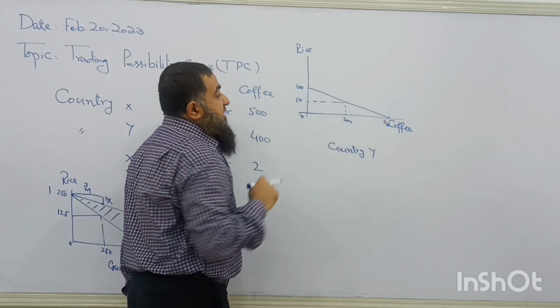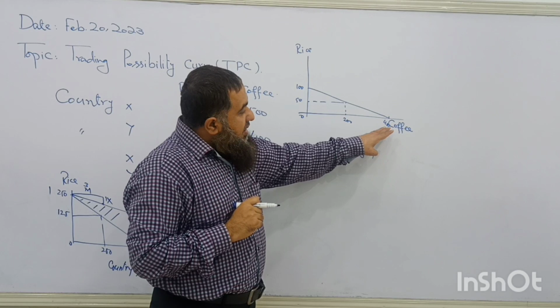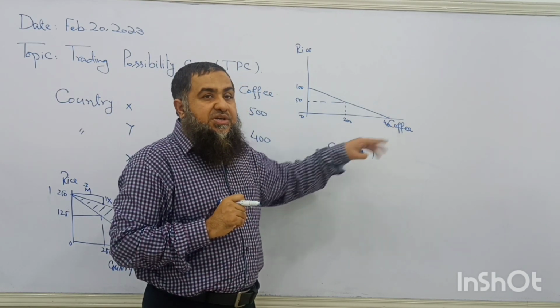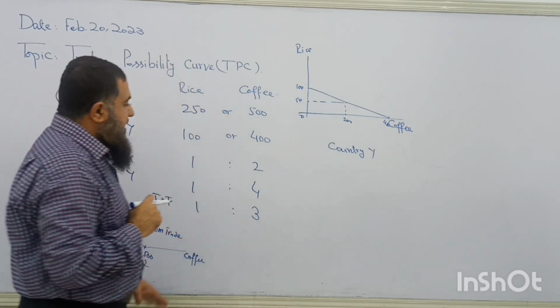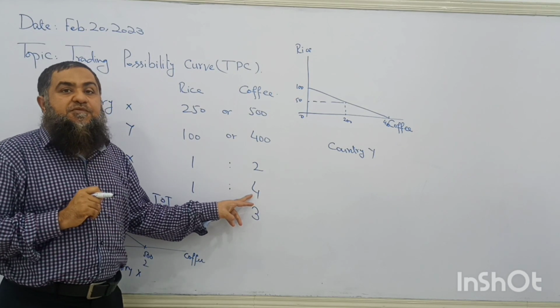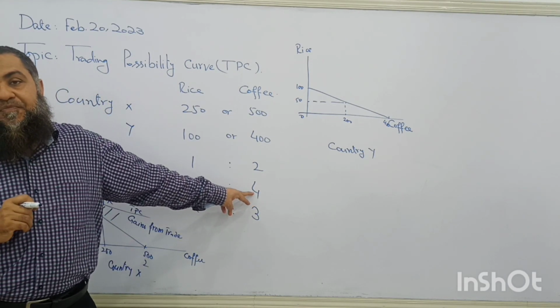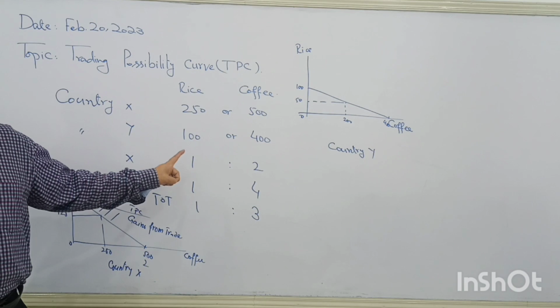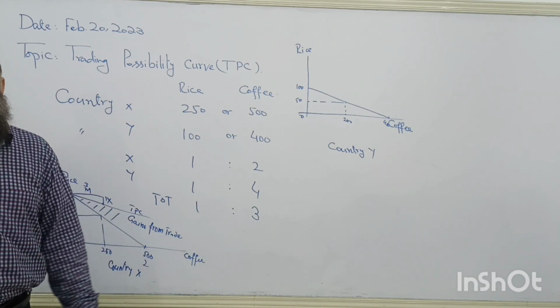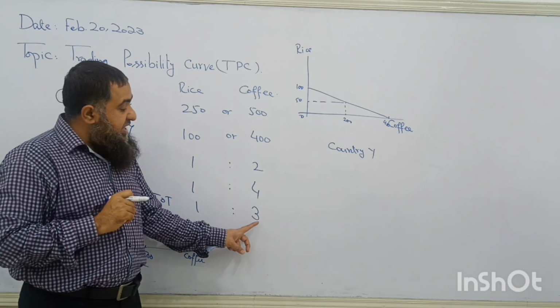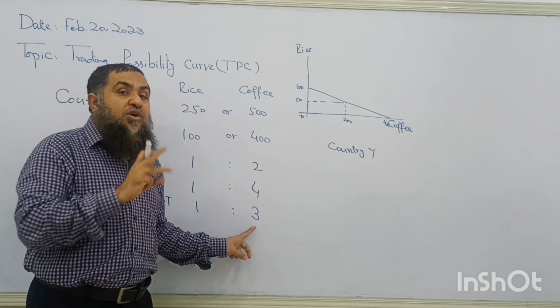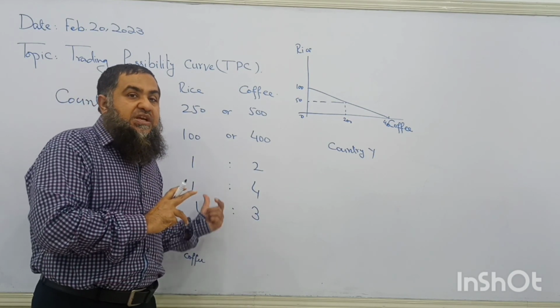Alright? Now this country has a comparative advantage in the production of coffee. See over here, by giving up 4 tons of coffee, it will be able to get 1 ton of rice within its own country. The international market says if you export 3 tons of coffee, we will give you 1 ton of